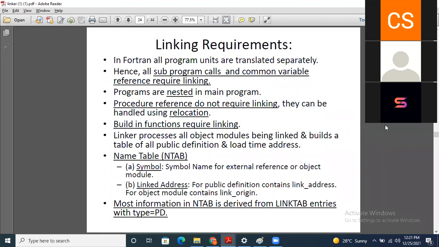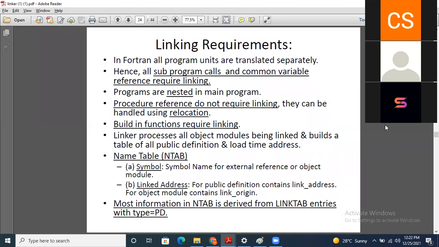We have seen what the components of the object module are, because these are also required in the linking process. And one more table that is required in the linking process is the name table. This name table contains two fields: one is the symbol and the second is the link address.